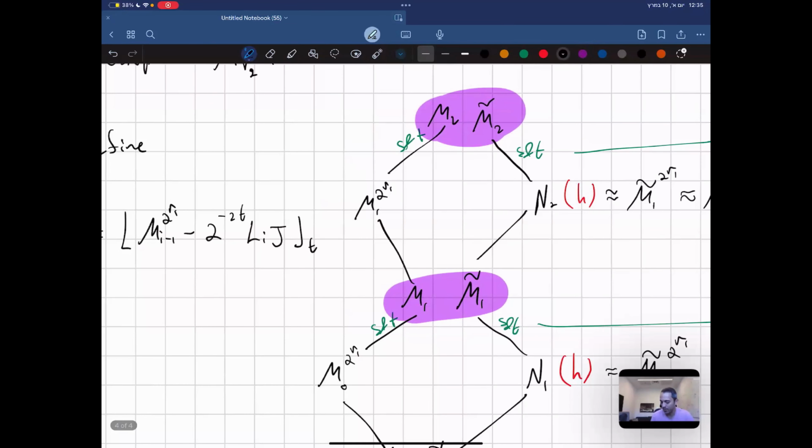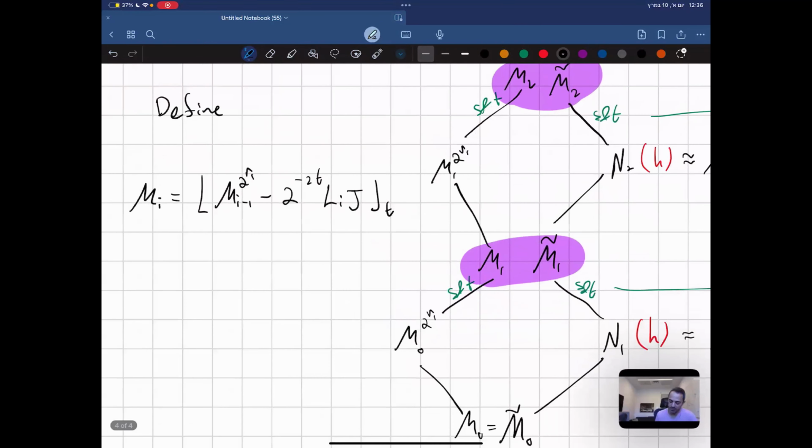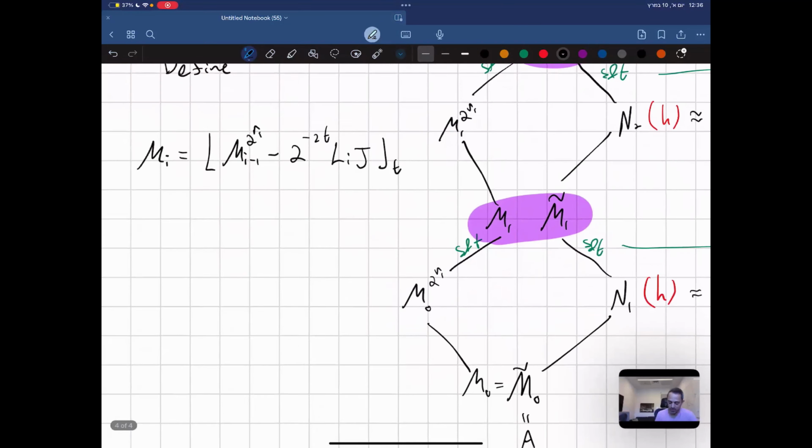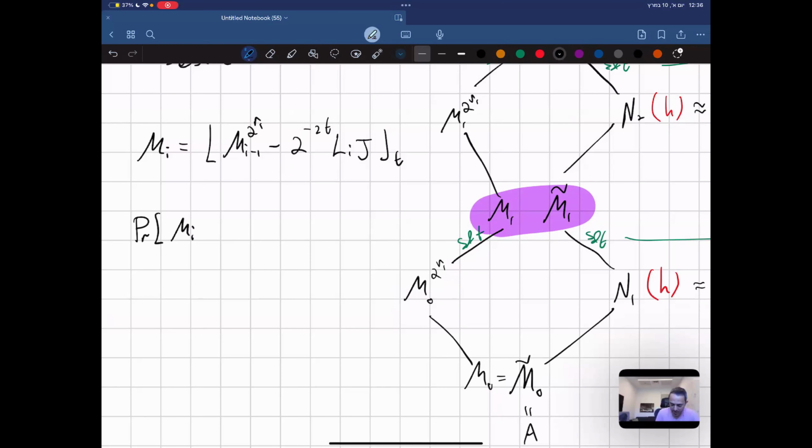So if you think about it for a second, what you can infer from this is that the probability that Mi for any I does not equal Mi tilde, probability over H and the vector of L's, is at most, well, every time you add to the previous confidence loss something, so it's going to be I times, because you do it I times, the things you lose are,